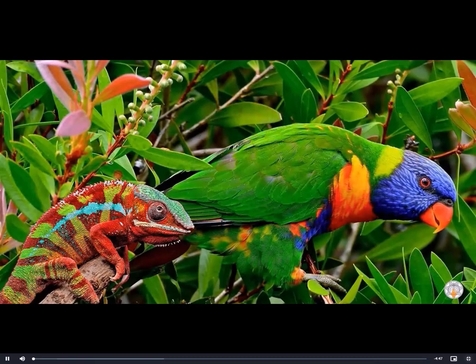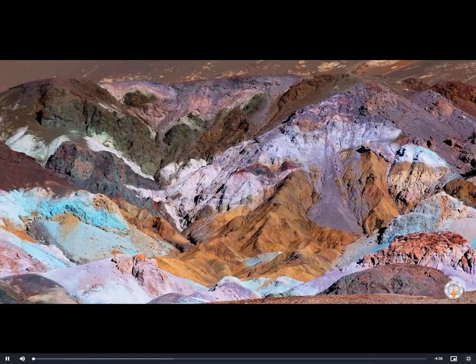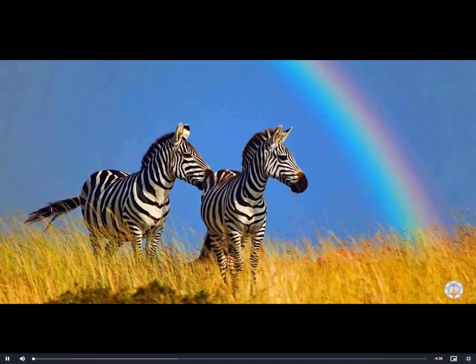Apart from that, there are a lot of beautiful birds like parrot, painted bunting, reptiles like chameleon, rocks, stones, animals, etc. All these are the source of colors in our beautiful nature. The second source point is another marvelous beauty of nature, that is the rainbow, which can be seen in the sky just at the end of the rain.